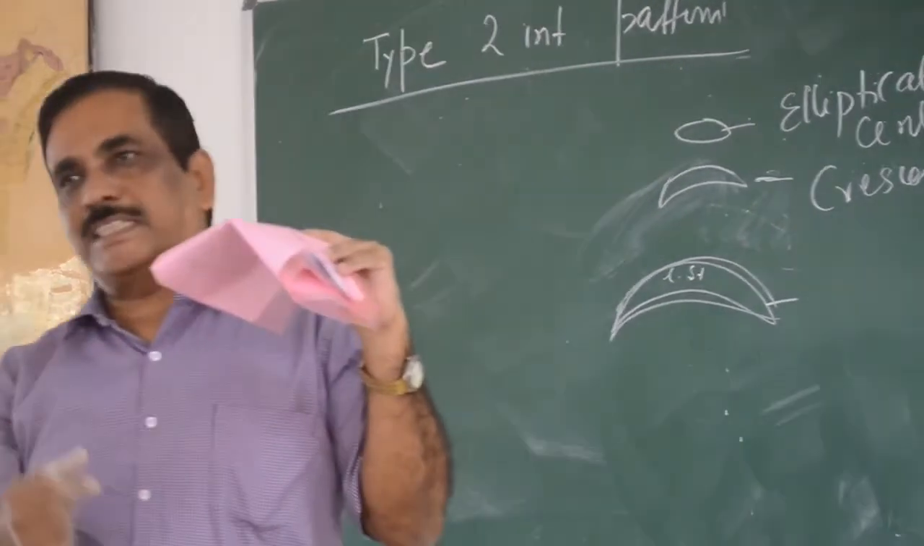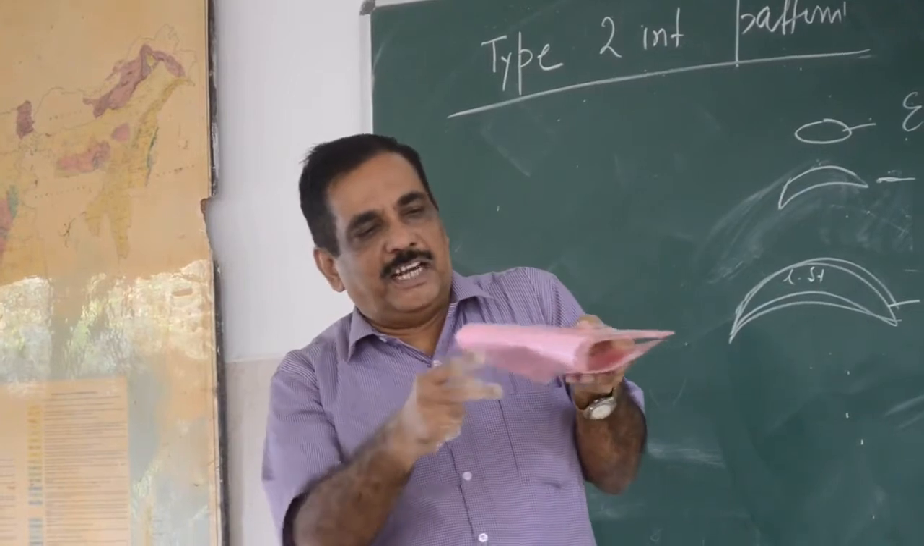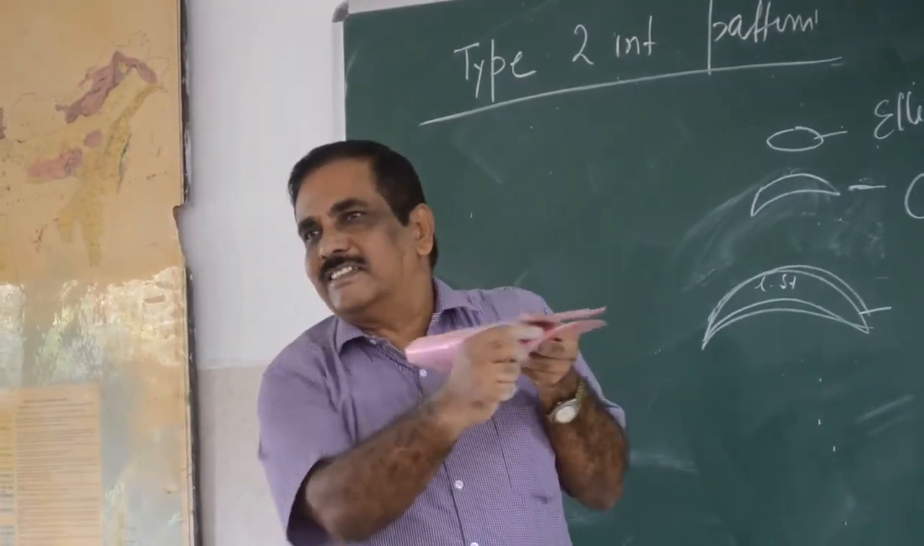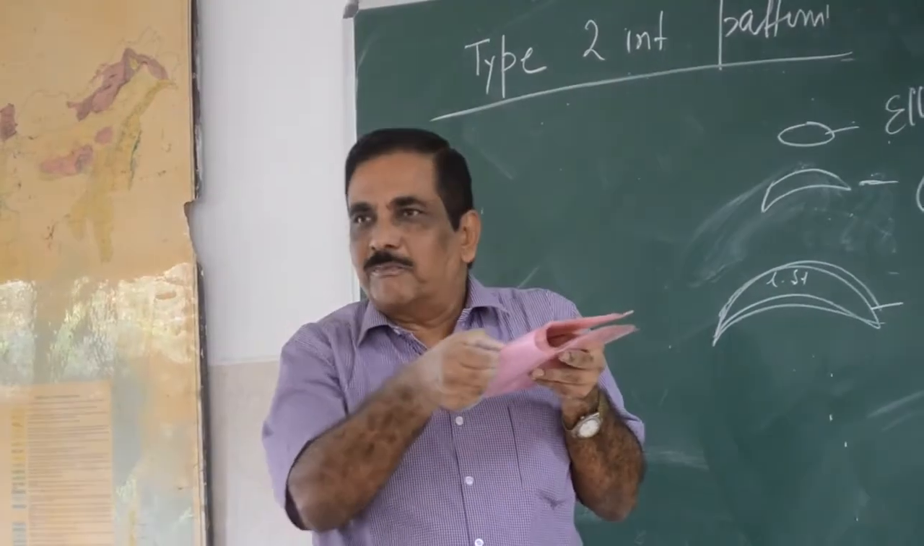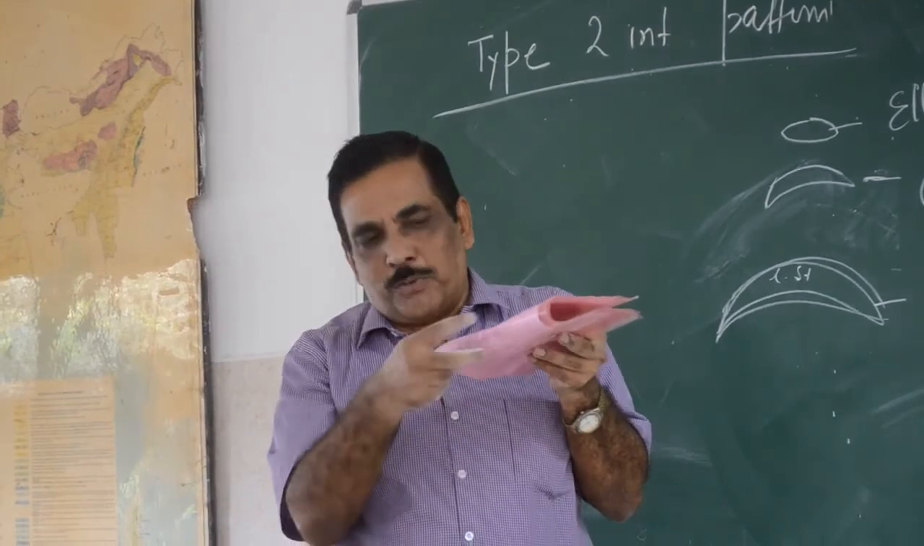Understood, na? Why is the crescent pattern coming? If this second fold is not there and you take the erosion, there will be two parallel lines. The central part will be your limestone, both sides will be quartzite. Now once you bend it,